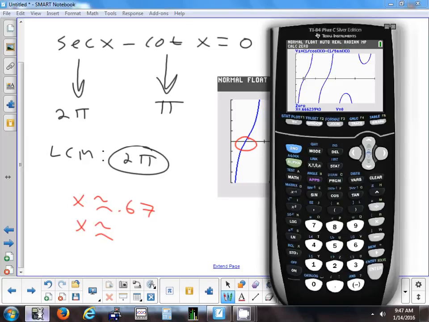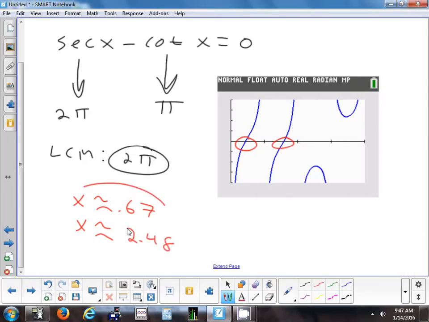And let's see, our second root, second calc, 0. We go to the second one. And that's at about 2.48. And that's it. Okay, if they ask us to do this in degrees or radians, that's another thing we need